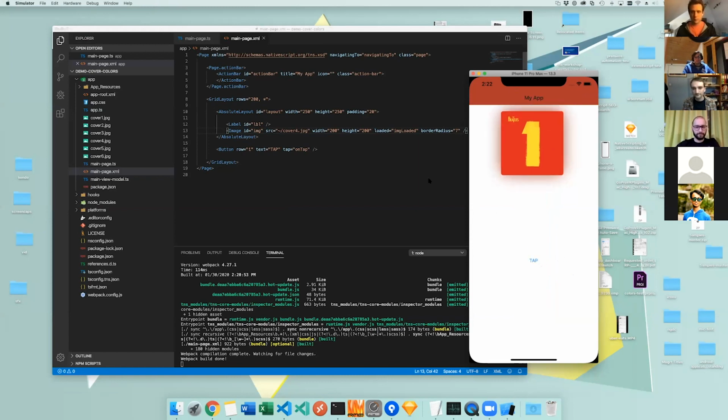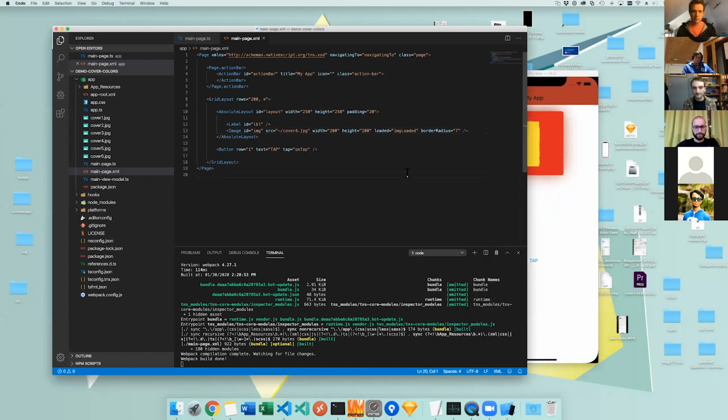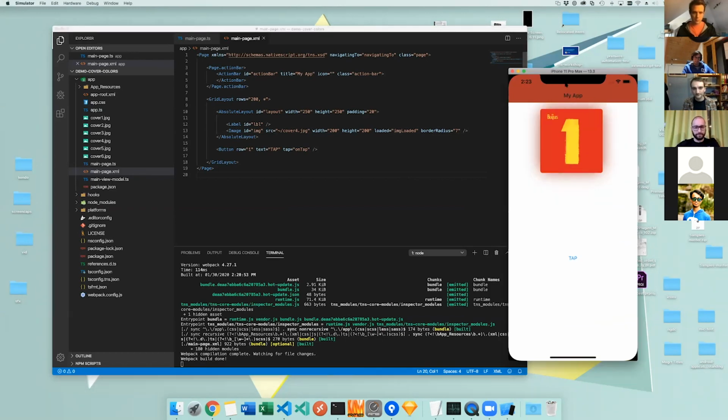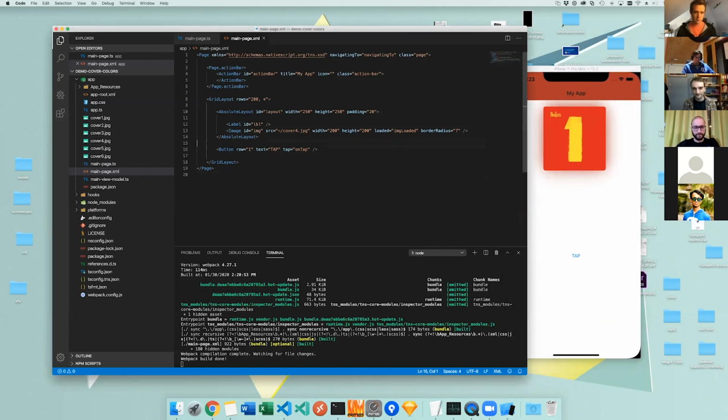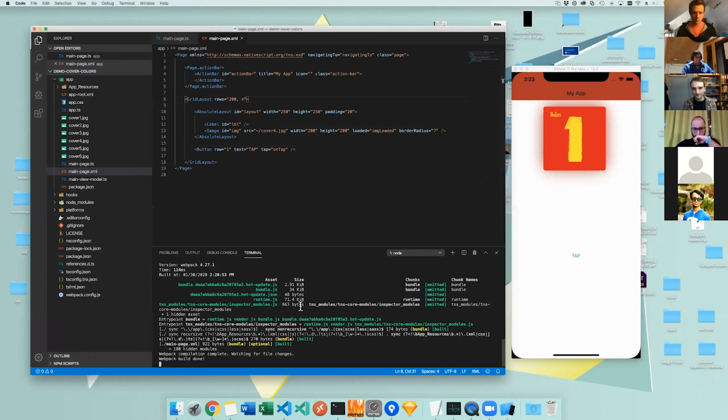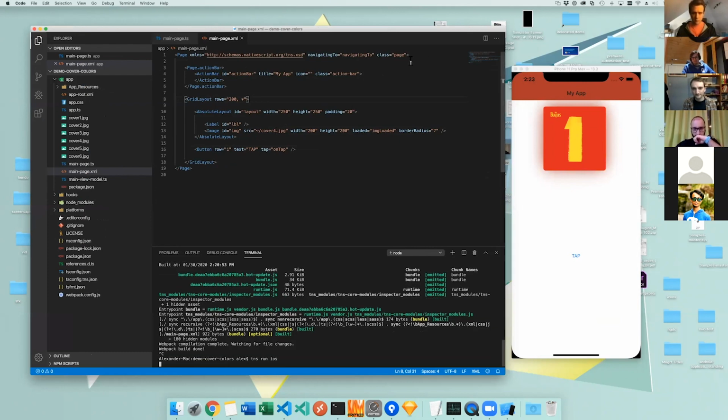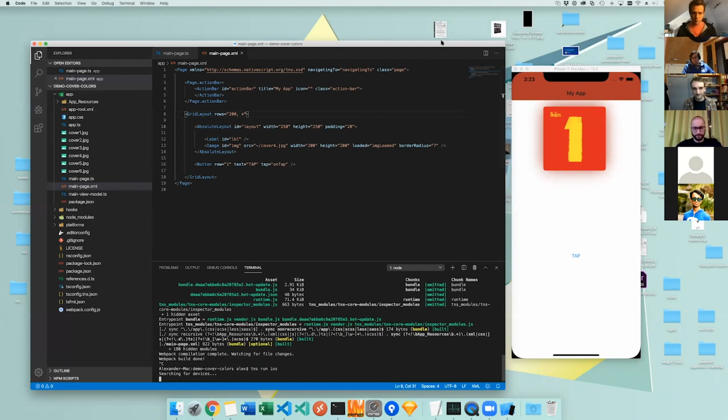Well, you can run some native code, and that's exactly what Dave was talking about: you can jump down to the native layer, pass that image to the native layer, analyze it, get the average color, pass it back to your JavaScript layer in NativeScript, and apply that color to the shadow and the action bar. That was gorgeous. So that's what's really, really cool about NativeScript that you won't be able to do with other